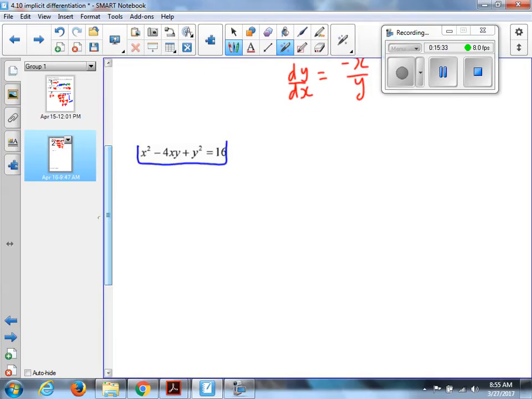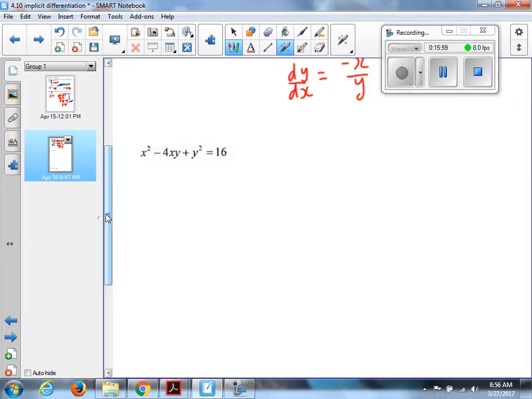This expression, though, when you scan it, take a look. Okay, this will be easy, but for x times y, that's a product, right? So we're going to use the product rule. Then this y squared is isolated all by itself. So we've got to use some of our rules in here. So as we do this,